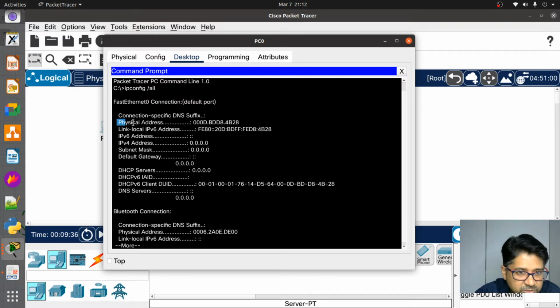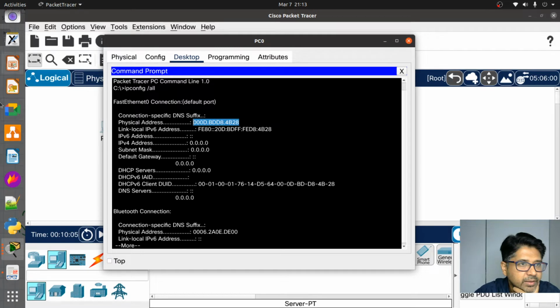Yes, this is the physical address. I have not defined anything; the NIC card is connected, and every NIC card has an address. This is written 000D.BDD8.4B28. If I copy this, you can see this is the